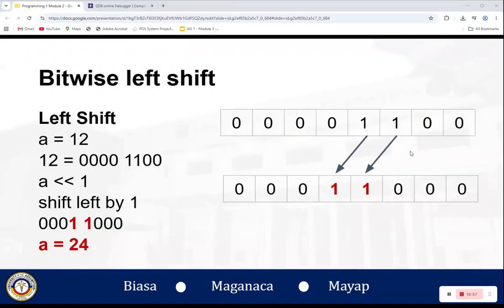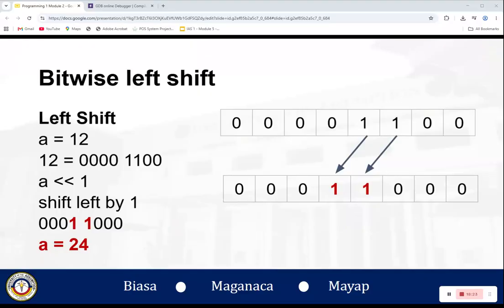Upon moving of this one here, the zero will also follow, and another zero will also follow. If you check it, there will be a vacant slot, and that vacant slot will be filled in with a zero.